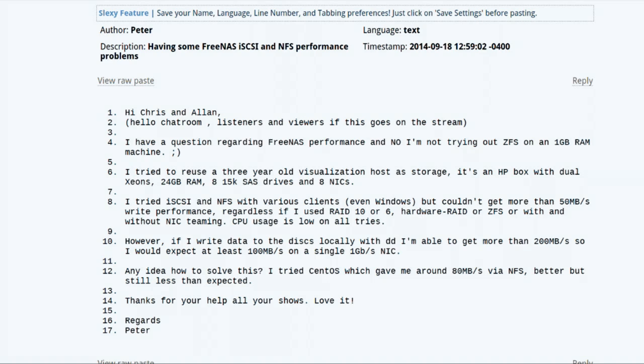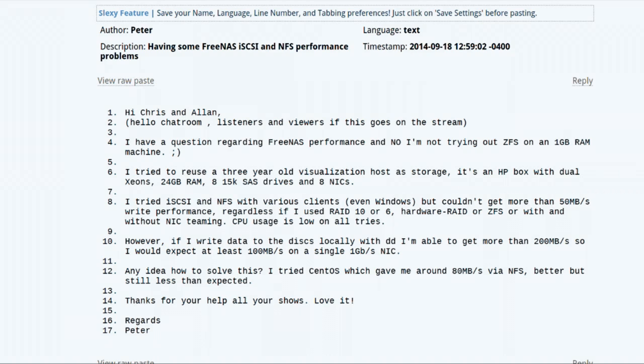I tried iSCSI and NFS with various clients, even Windows, but couldn't get more than 50 megabytes write performance a second, regardless if I used RAID 10 or 6, hardware RAID, ZFS with and or without NIC teaming. CPU usage is low on all tries. However, if I write data to the disk locally with dd, I'm able to get more than about 200 megabytes a second. So I would expect at least 100 megabytes a second on a single NIC with a gigabit network. Any idea how to solve this?